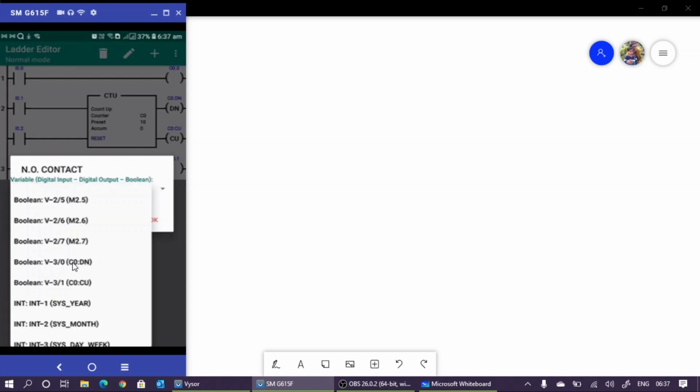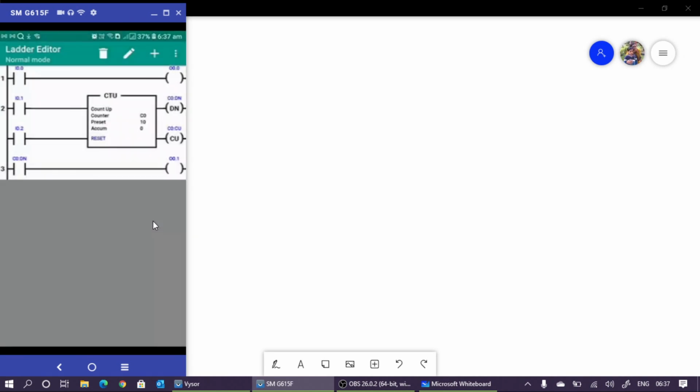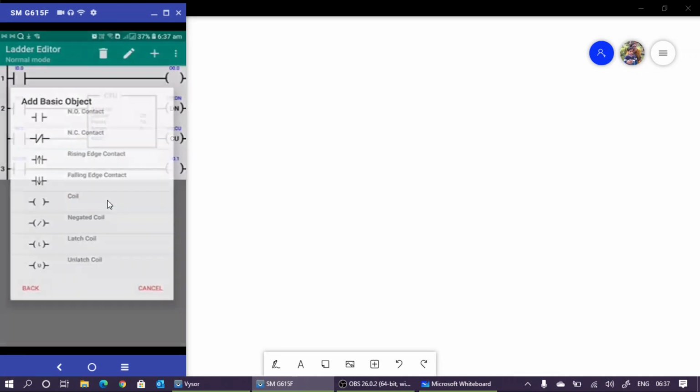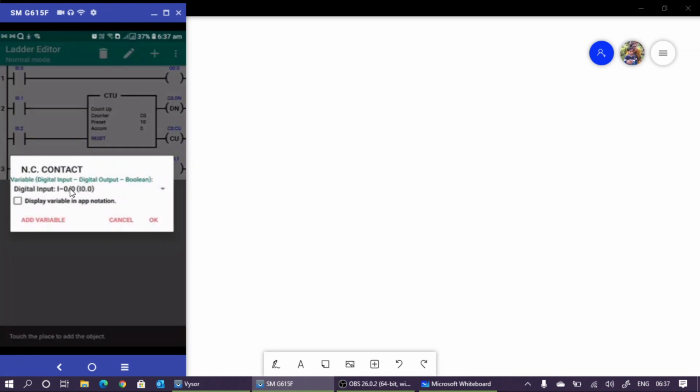Select this one. Press OK. So that one is given here. Now by using this output bit, if we want, we can disable the counter. If it is activated, we can switch off this one. So I am going to add that also. For that, a normally closed contact is used here, that is 000, right? 000.